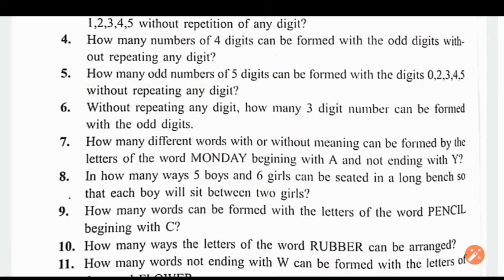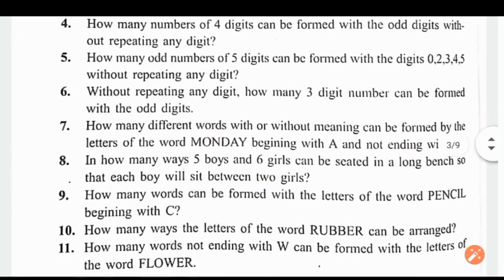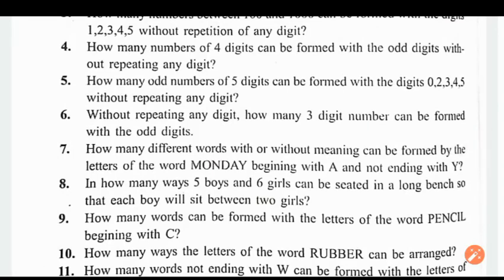Because if we say 02, it means 2. Right? If we say 021, it means 21, a 2 digit number. If I write 0 in front, it means nothing. It doesn't become a 3 digit number; it is a 2 digit number, 21. So if 0 comes at the front, the number of digits changes. A 5 digit number will become a 4 digit number. That is why you have to keep in mind that 0 is there.